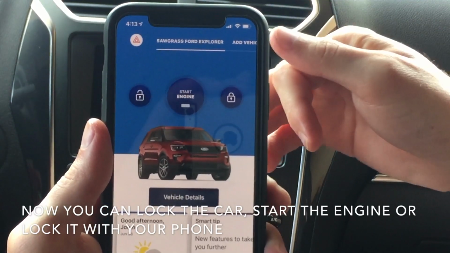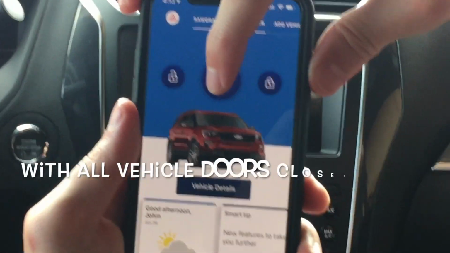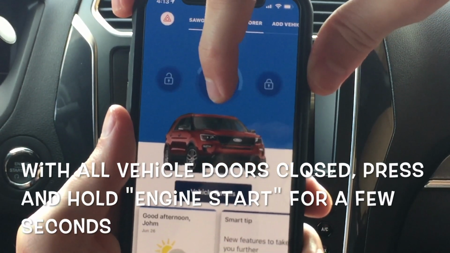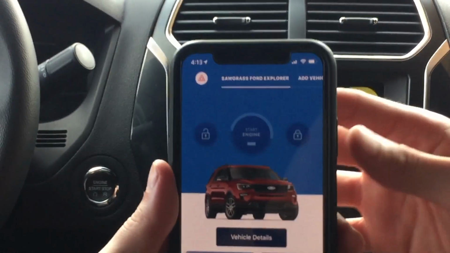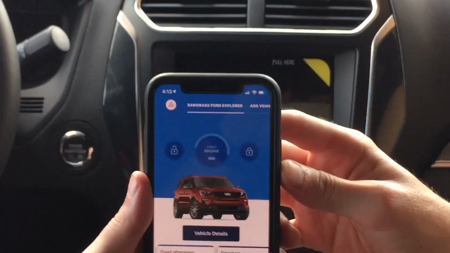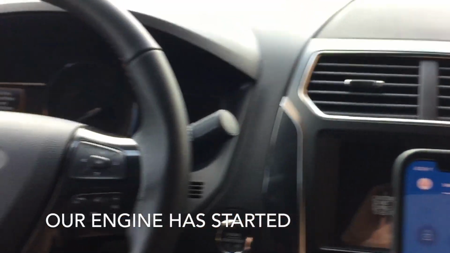So now that we're sitting in the car with the engine off, I'm going to show you how to use it. You're going to go ahead and hold the start engine button until it circles around, and then you're going to release it, and then in a matter of 5 to 10 seconds your vehicle should start. And there you go. So now that your vehicle is started,